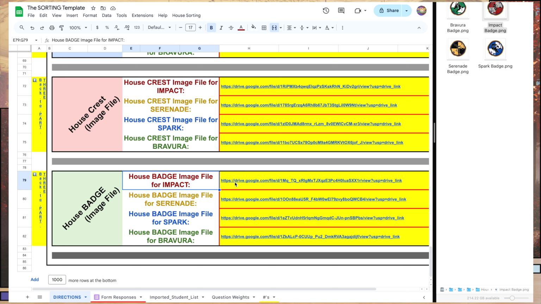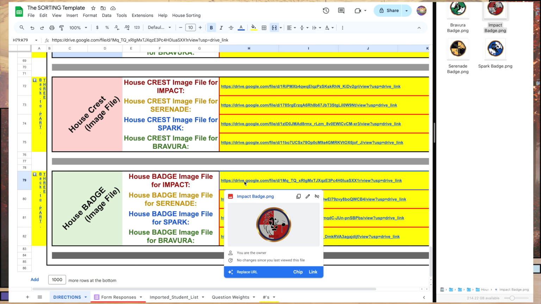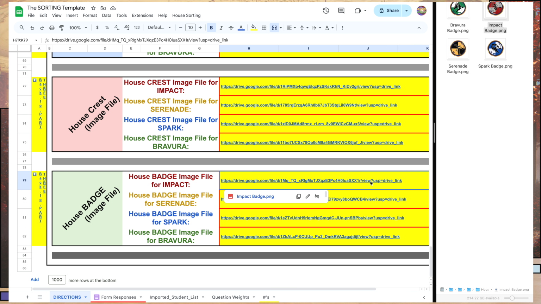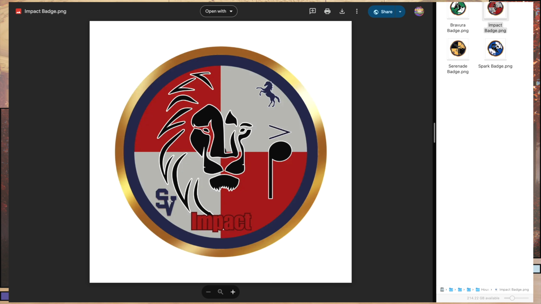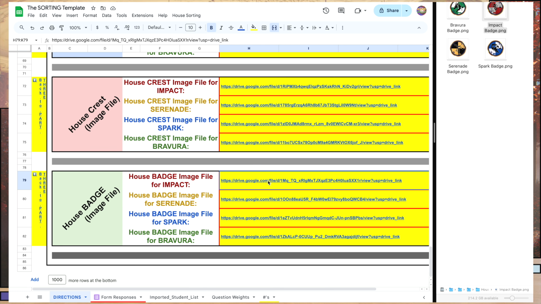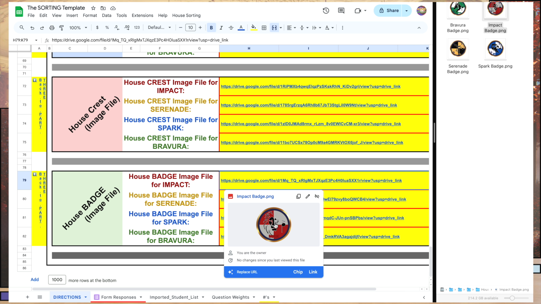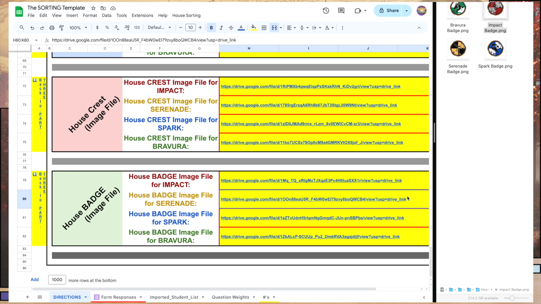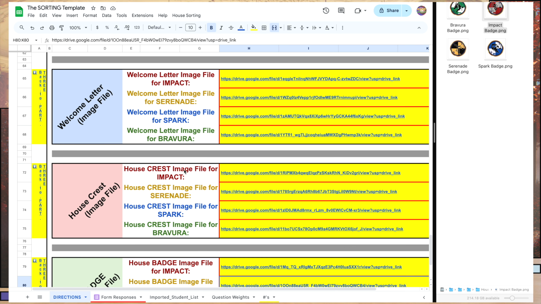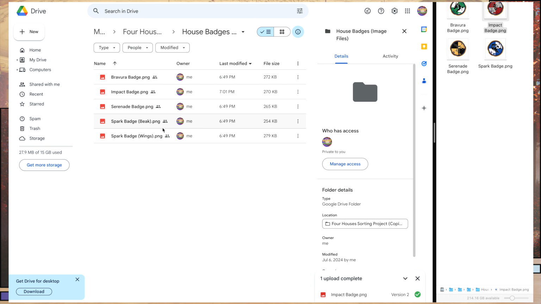So earlier it was a blank one. Let's open it up and see. This one actually has my SV on it for my school. So it updated. Even if the preview, you can't see it in a little bit, that will be fixed. And that works for every one of these image files. So any custom images that you want to use,